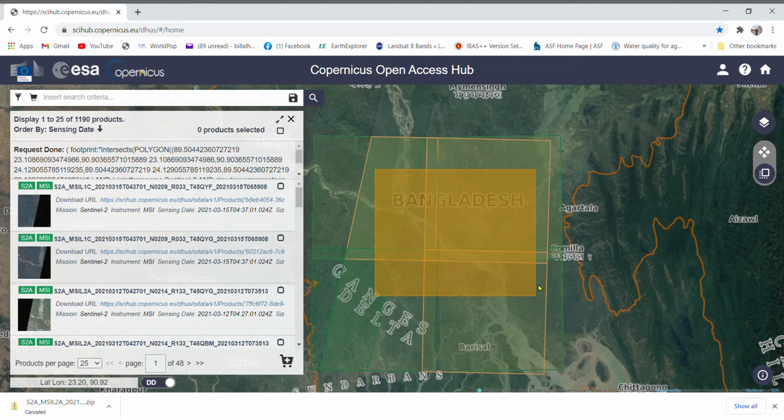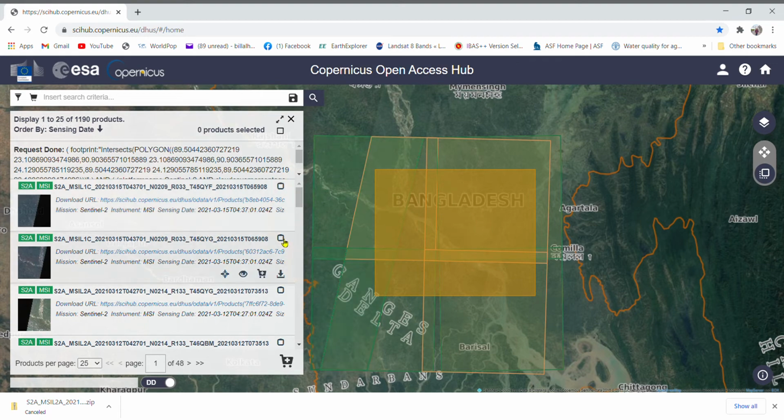So to cover my study area, there are so many tiles, so much data you will need. If you click over here, you will see which area this data covers. So if you click here, the data covers this part of your study area.